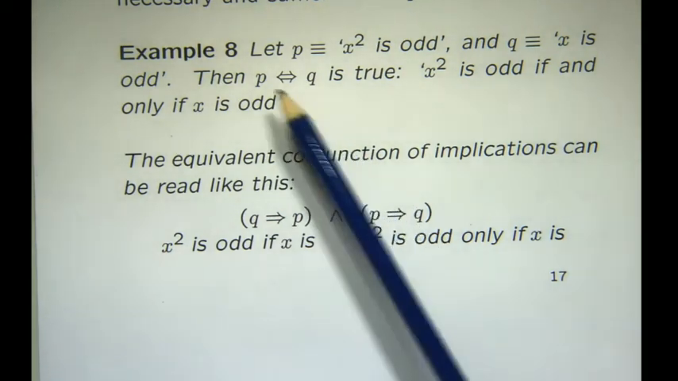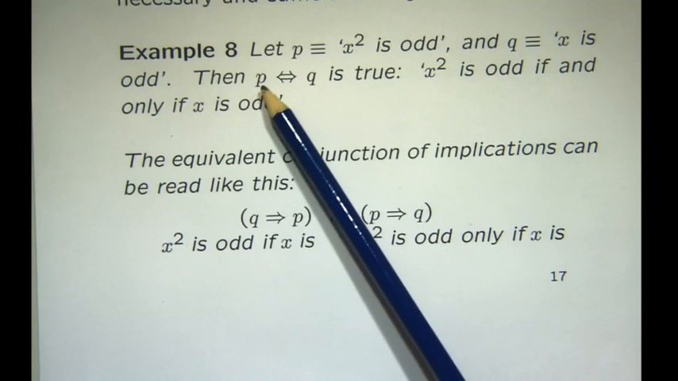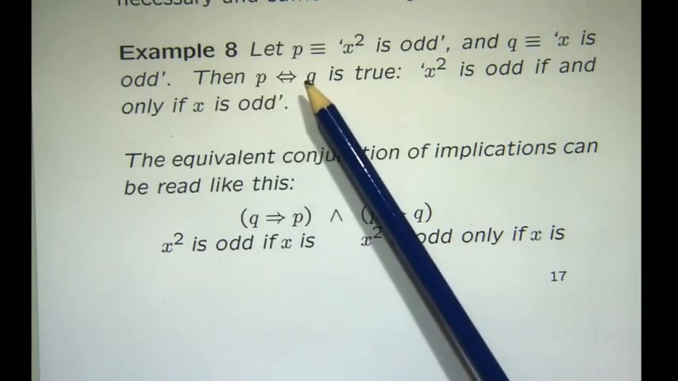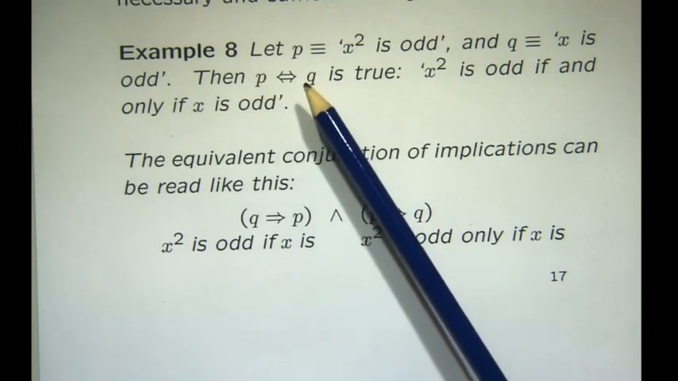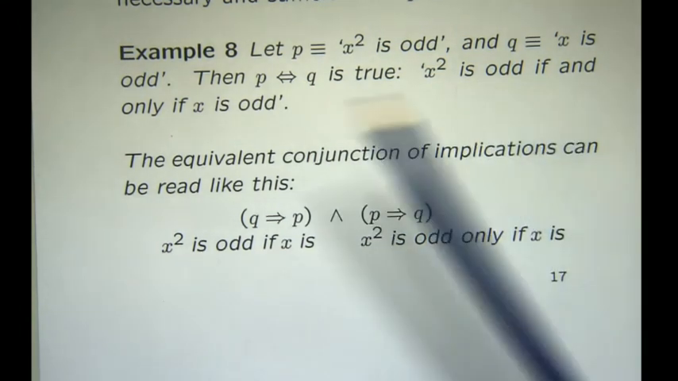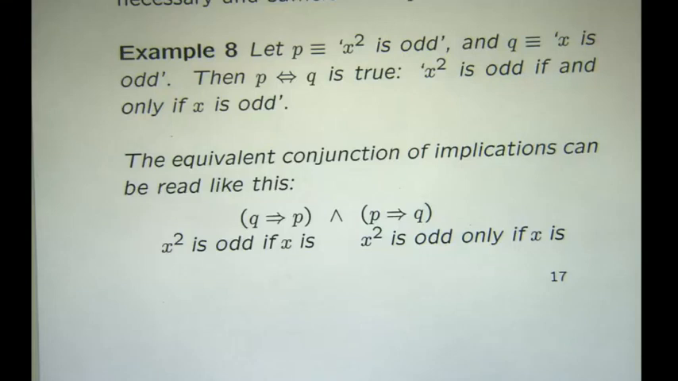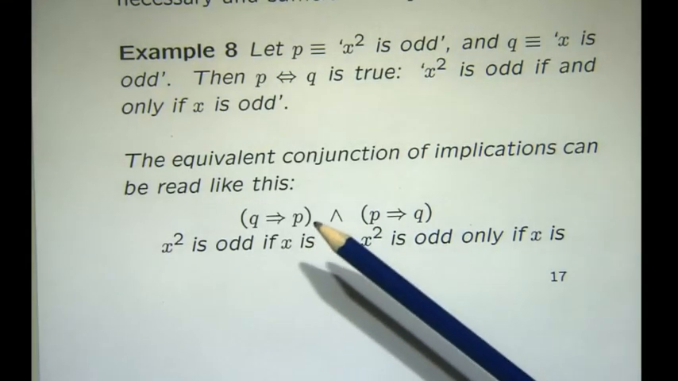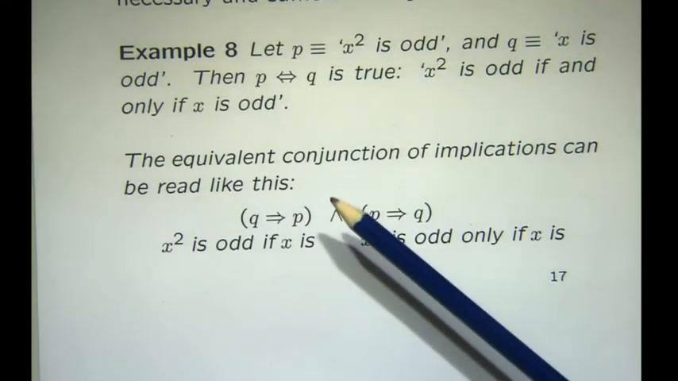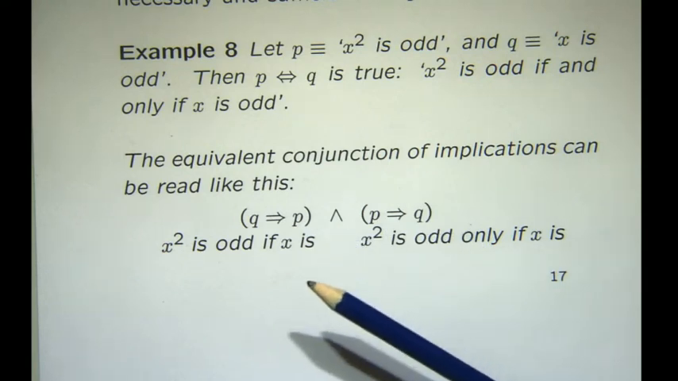Indeed, it would be correct then to say P if and only if Q is true. X squared is odd if and only if x is odd. And if we unpacked it using the translation rule I gave you a moment ago, we could see it like this. You'll get a chance to practice using